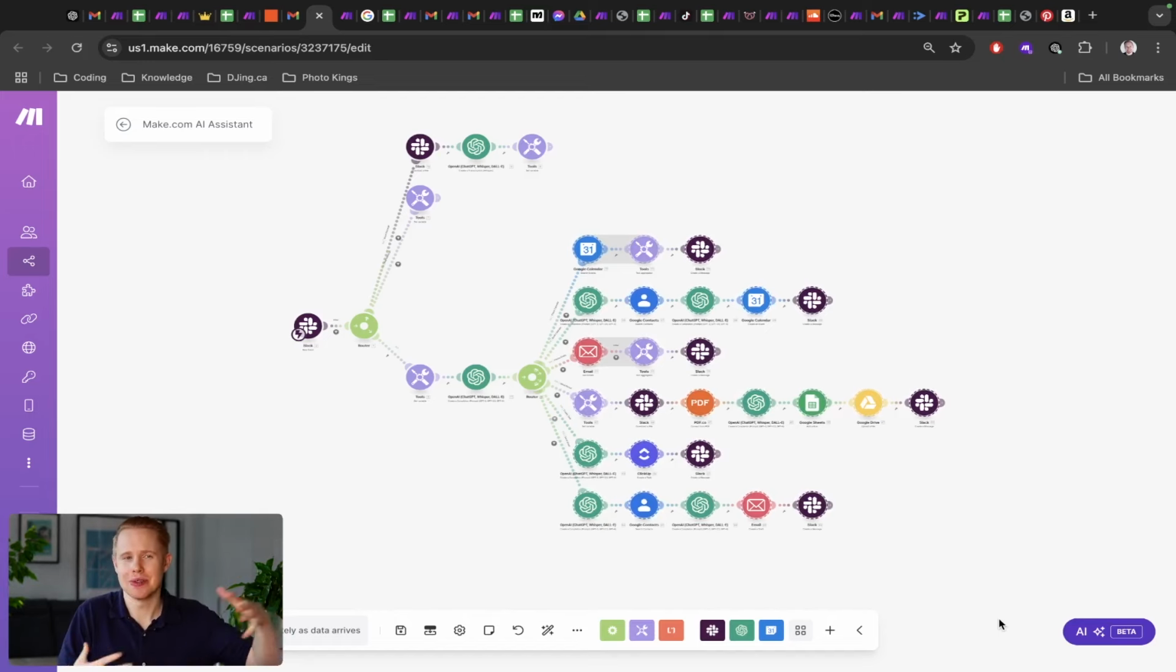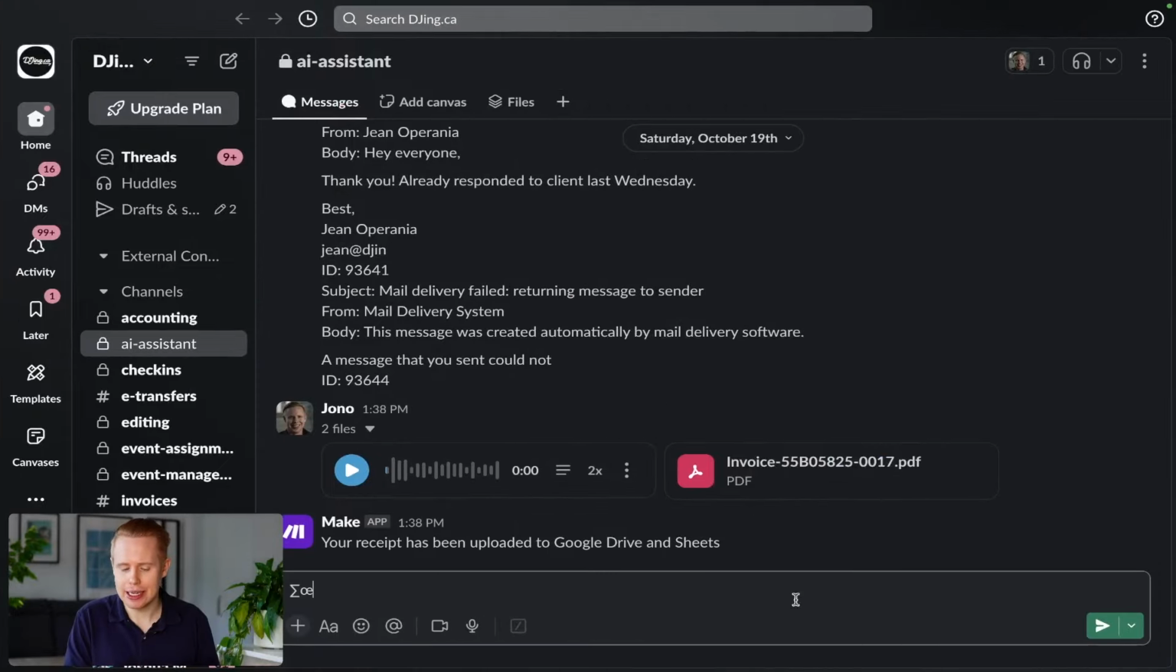It just depends on how crazy you want it to get. But let's go ahead and try this out. So I'm just going to send off a draft email from this Slack